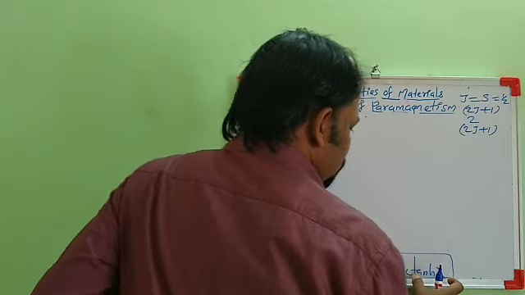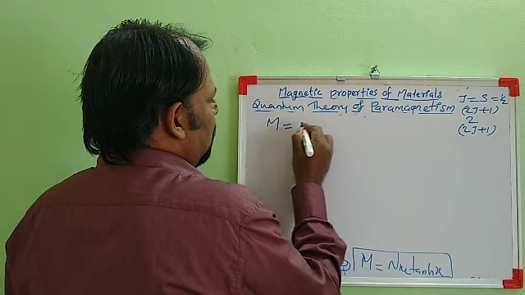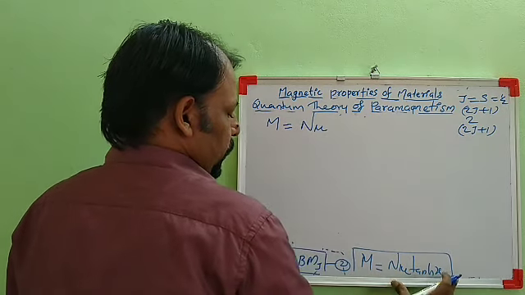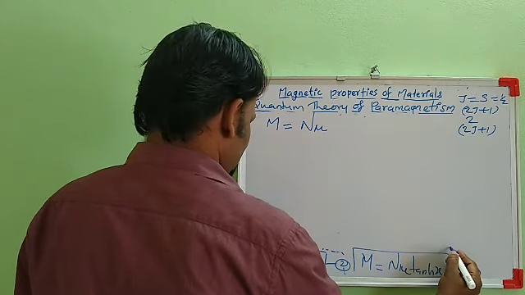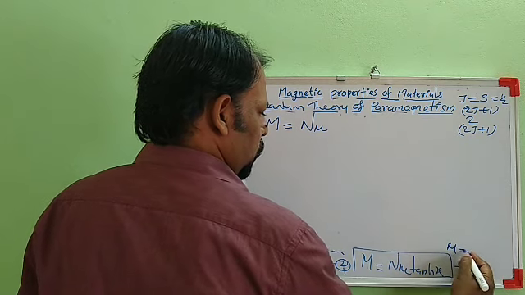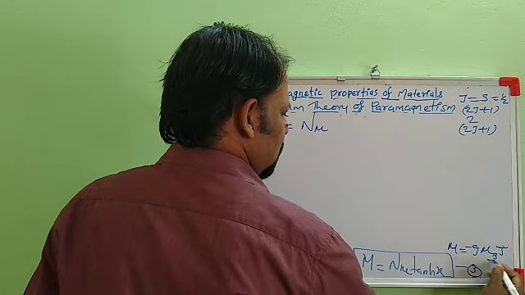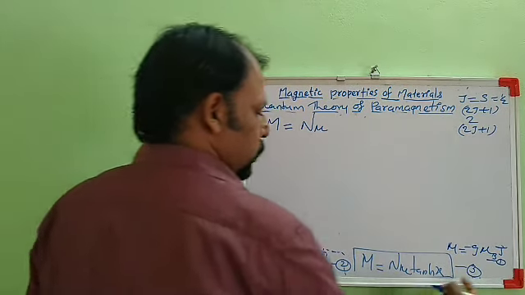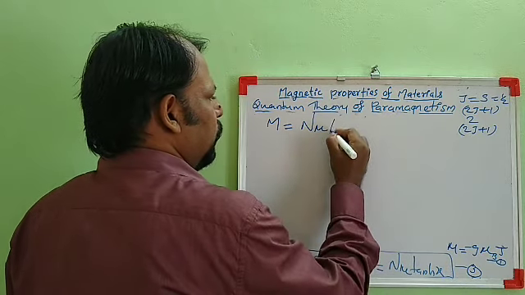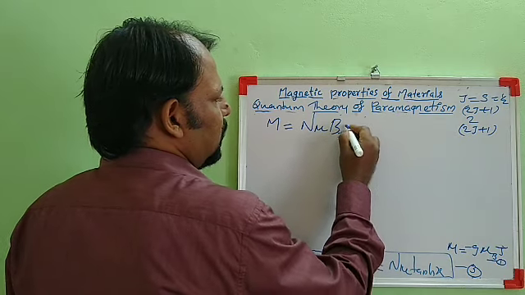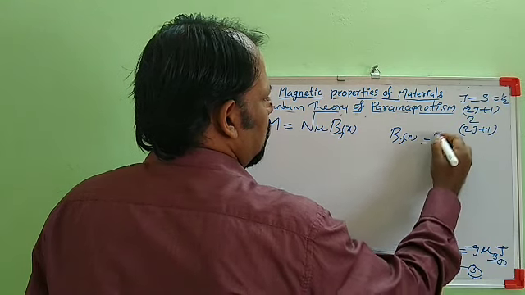Correspondingly, instead of tanh x, we will be getting a new function there. This magnetization is n mu into, I am writing it as equation 3. Equation 1, I think, is mu equal to minus g mu B J. This is equation number 1 and this one is 2. This is equation 3. Instead of this third equation, we can write n mu into, instead of tanh x, we will be getting a new function. That function I am writing as B_J(x). This function B_J(x) is called Brillouin function.